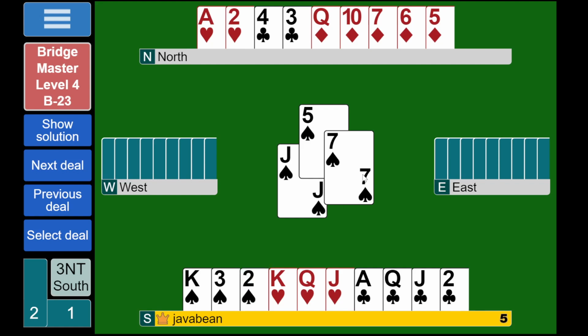How many losers do I have? A lot. Let's say I'm going to take the club finesse and it's going to work. So this queen's not a loser, but I have two club losers and two spade losers. I have four losers. But